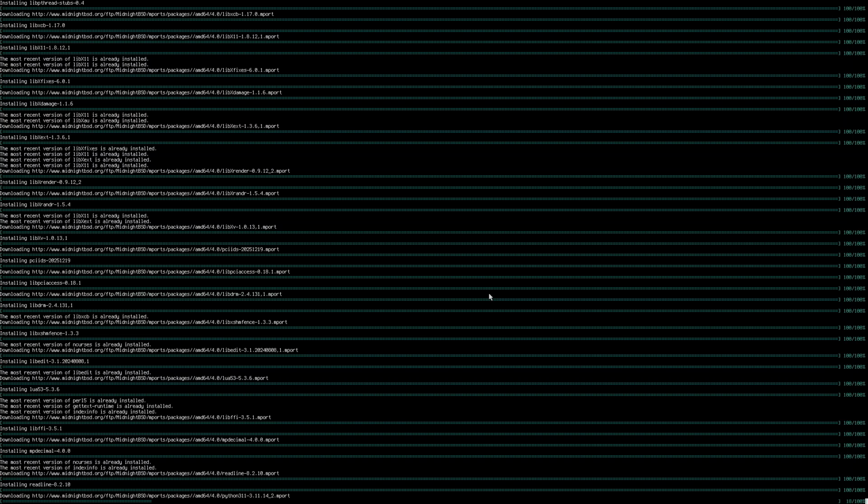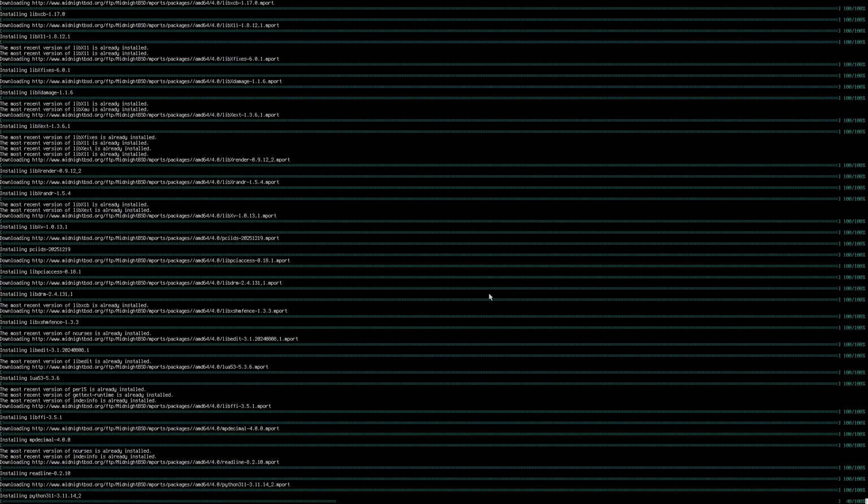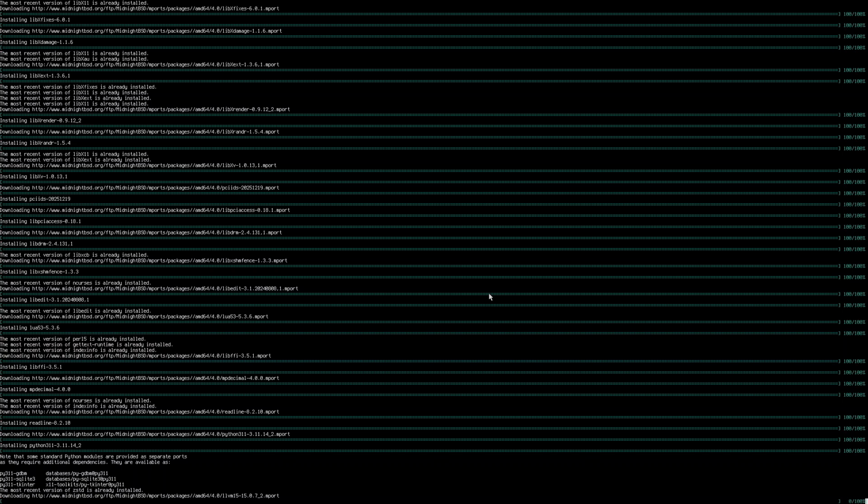I'm sure the process is very similar on OpenBSD, but we'll give it a go as soon as this finishes. Yeah, this random article from 2018 is doing a better job of helping me than the official documentation. That's kind of sad.